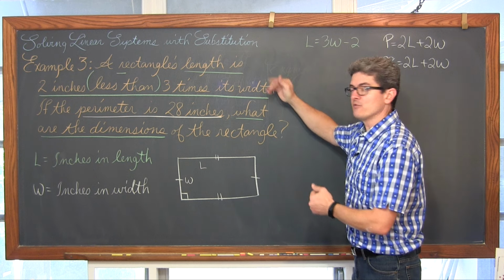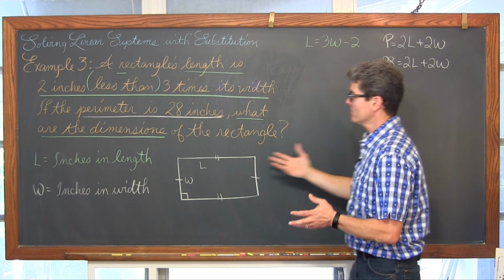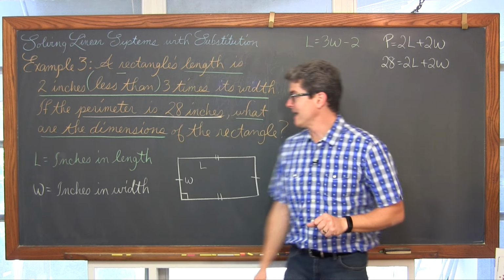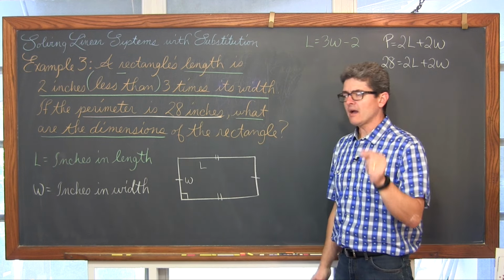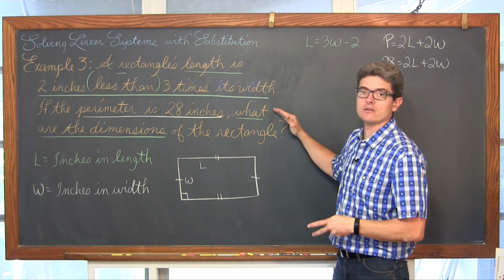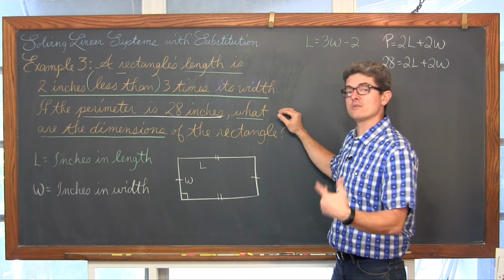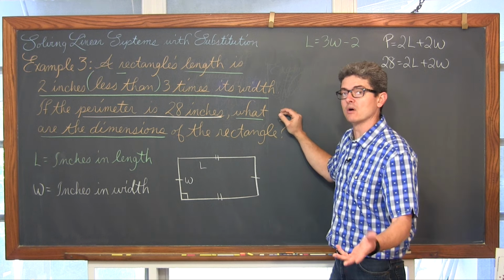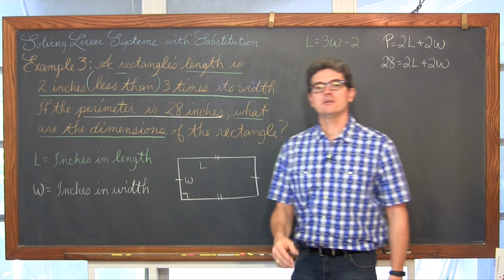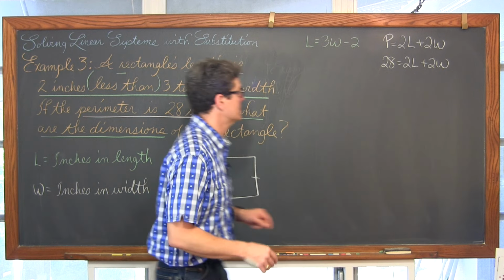So I read the question carefully. I highlighted all the information that I thought was very important, and either you can write that information out in a list or just highlight it in a problem so you can use it to set up your equations. And I used to have a bad habit even as a math teacher of not doing this, but you need to get to the end of the question and look for what it's specifically asking for. What are those unknown values? Because that's what variables are. Letters or words that represent unknown values, and thus the question is going to tell you what variables you need for the problem and what the definition is. Please make sure you include that for your teacher.